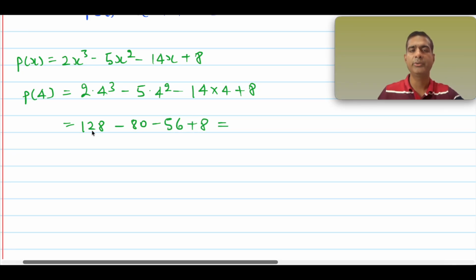So we can see 128 plus 8 is 136 and 80 plus 56 is also 136. So this is 0. Now the value of this polynomial at x is equal to 4 is 0. So we can say 4 is one of the roots